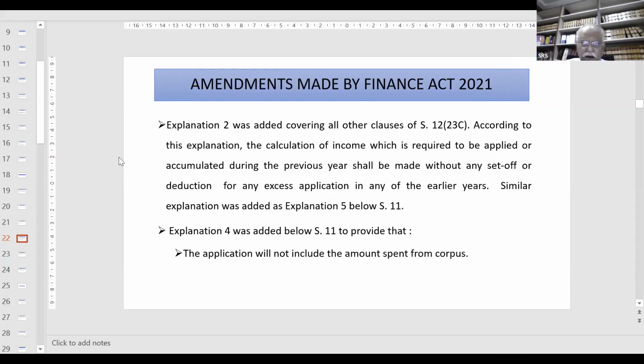the other one was explanation 4, which says that the amount which is spent out of the corpus will not be treated as application of income for that year. See, this is not something only with reference to 11(2) or 11(3) or anything like that. This explanation 4 covers the entire section 11. And it says that if any amount is spent out of the corpus of income, that will not be treated as application of income for that year. So if out of 80 rupees of the example I had given you,